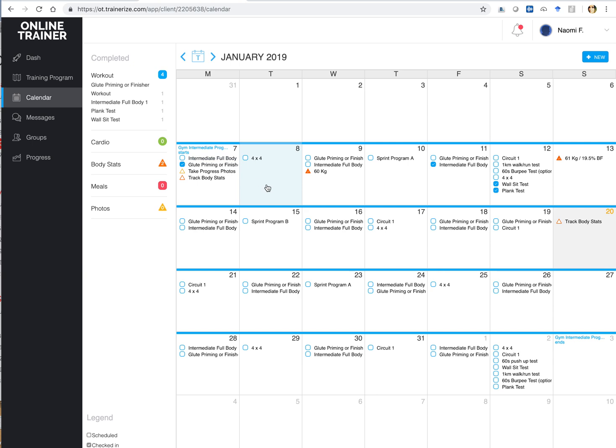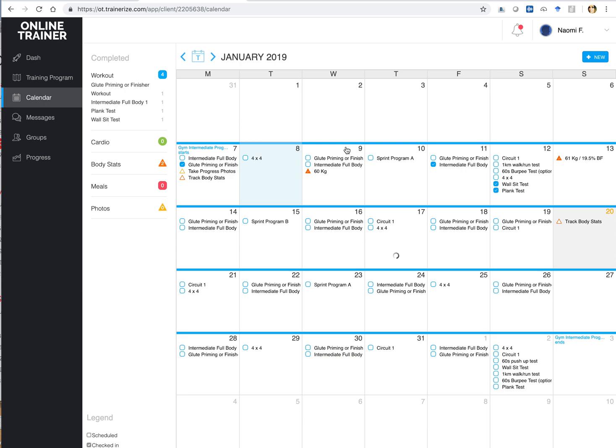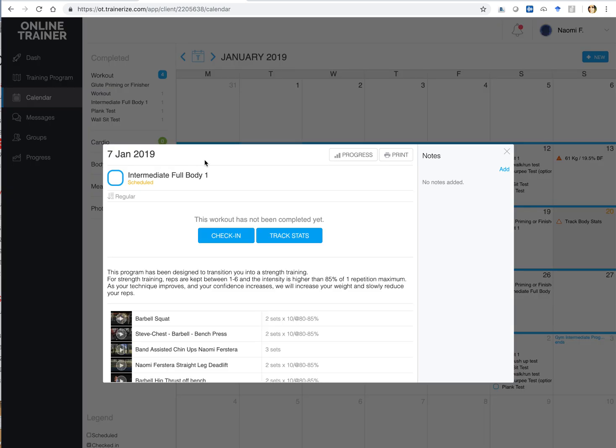So let's just say on the Monday, you're meant to do the full body workout. You can't do it on a Monday, so you click over here, click on workout, and then you'll go intermediate full body and add that to your program. And that means you've now done it here rather than on that day. And what you can do over here